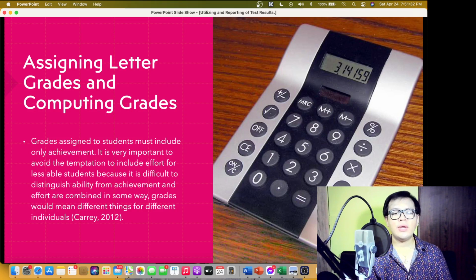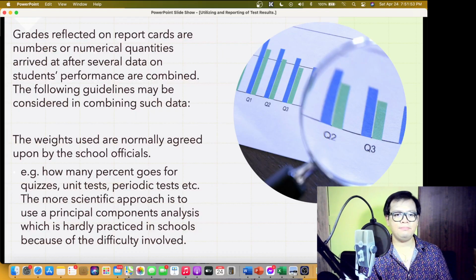According to CARIB 2012, grades assigned to students must include only achievement. It is very important to avoid the temptation to include effort for less able students because it's difficult to distinguish ability from achievement when efforts are combined in some way. And grades would mean different things for different students as well. Grades reflected in report cards are also numerical quantities